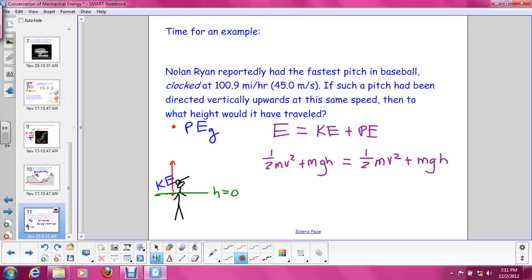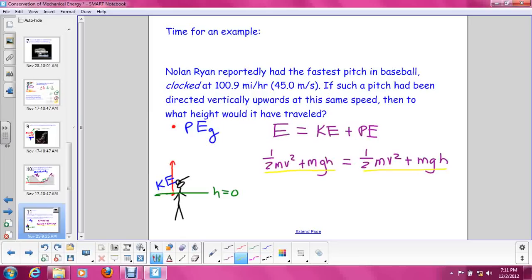And what I've done here is I've said that the total energy before, when he is throwing the ball up right as it leaves his hand, is equal to the total energy after. Because we know since air resistance is not acting on this thing, there will be no energy loss. The amount of energy when the ball leaves his hand will be the same as the amount when it gets to the top of the arc. The only difference will be what kind of energy it's made up of.